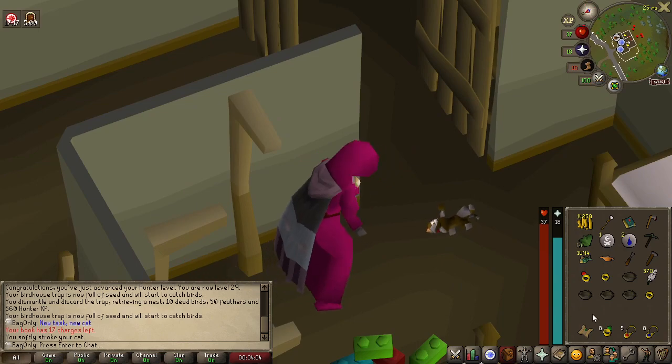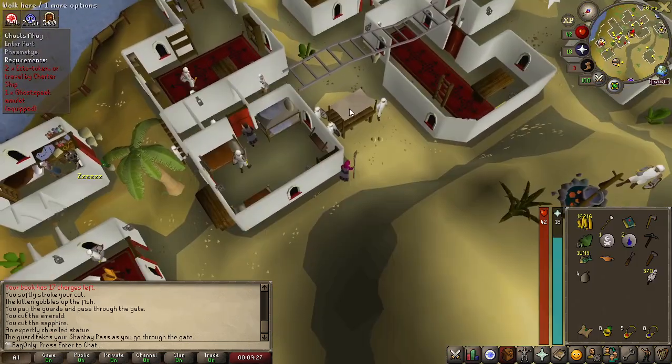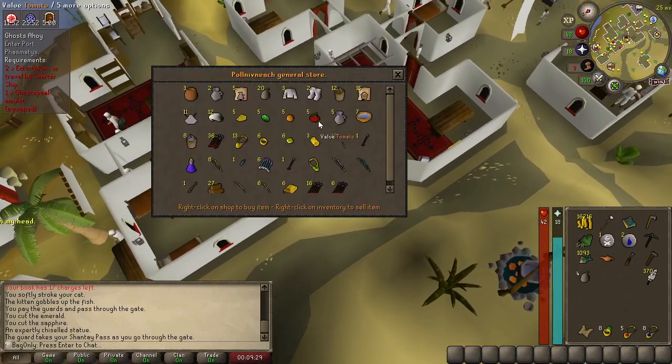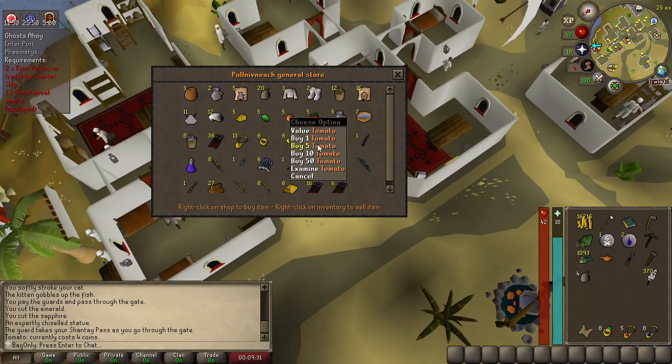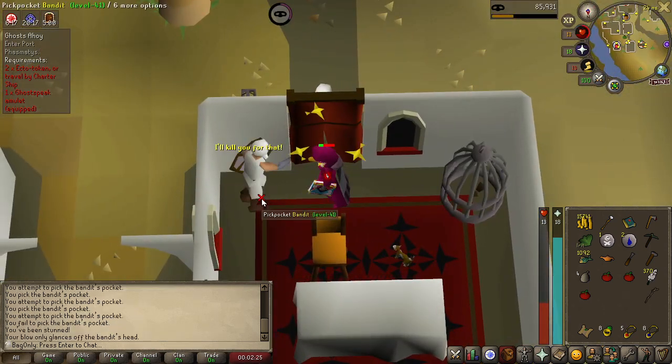We're relatively low on cash at this point, so I did decide to go to Pollnivneach and attempt blackjacking. Sadly, the best food you can buy in town is just cheese and tomatoes from this food stall. It didn't really matter because I quickly found out that blackjacking is really rubbish, and anybody who enjoys blackjacking is clearly